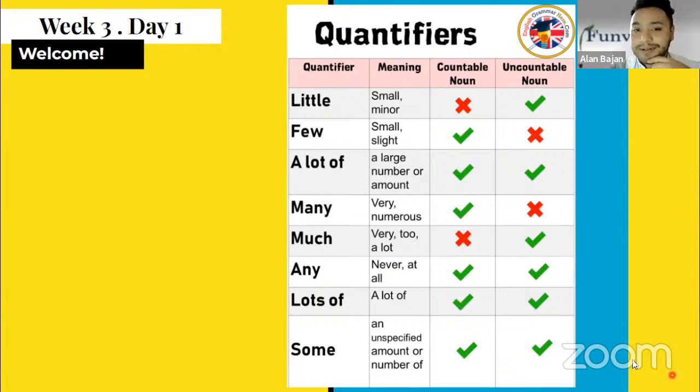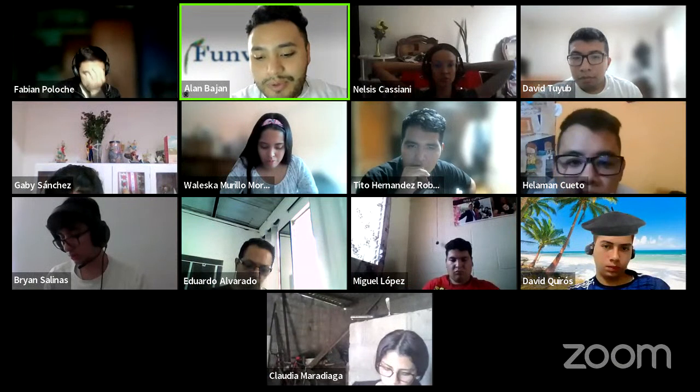Here we have some quantifiers, class. Some examples: little, few, lot, many, much, any, lots of, and some. And we can use some of them with both countable and uncountable, and some of them only with countable or only with uncountable. To learn more about that, we will watch a video. What we will do is that we